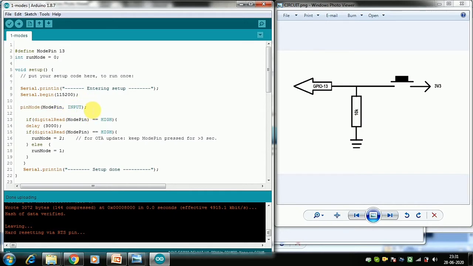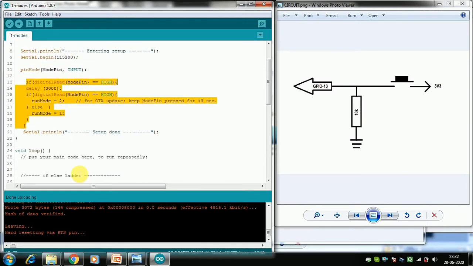From the next line, this if statement will check if GPIO 13 is high. Say you haven't pushed down the momentary switch and you start the device. This will not be high, so the condition is not satisfied and the whole if block is skipped, our run mode remains 0, and with run mode 0 we get into the loop.